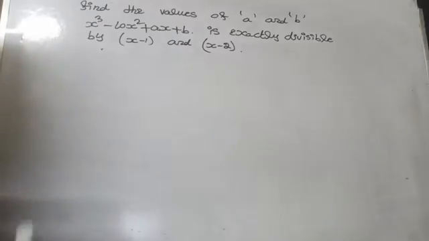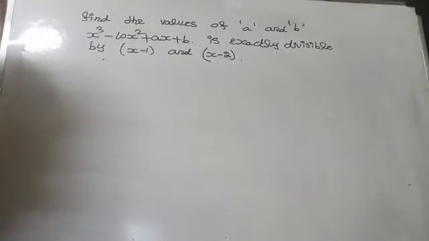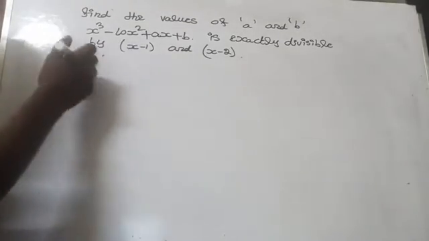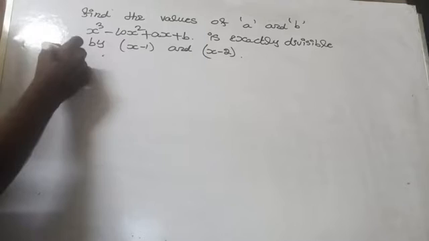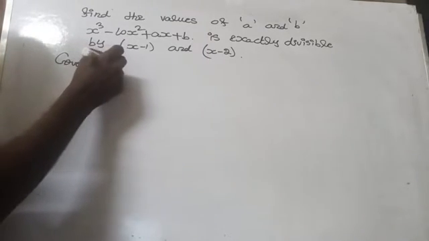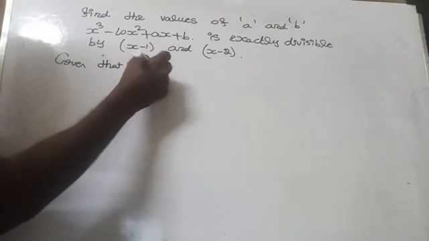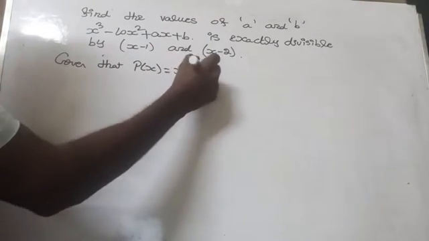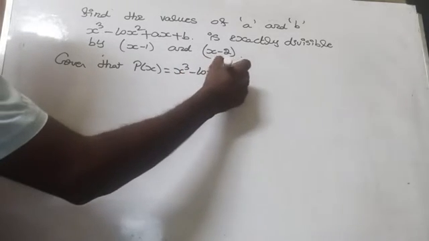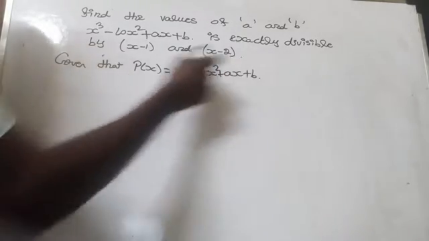Okay, so if it is exactly divisible, what does that mean? Then it is a factor of this polynomial. That is, x minus 1 is a factor of this polynomial. So we know that if x minus a is a factor, then p of a equals 0. Given that p of x is x cube minus 10x square plus ax plus b, and given that x minus 1 is a factor,